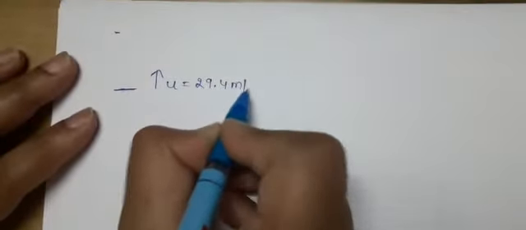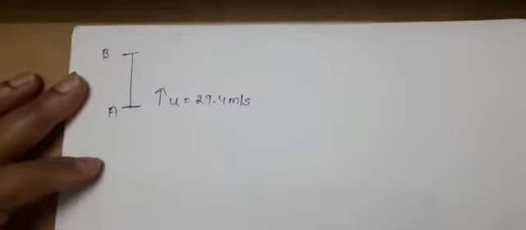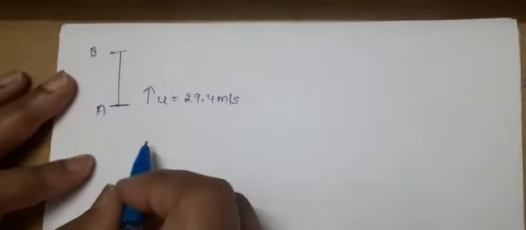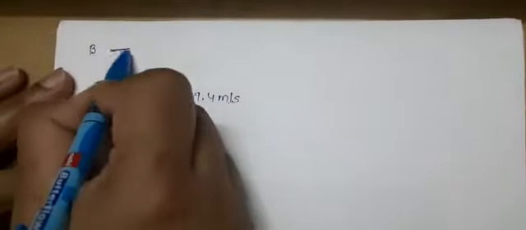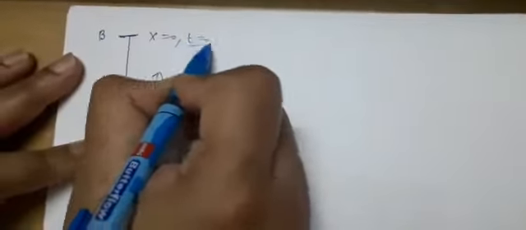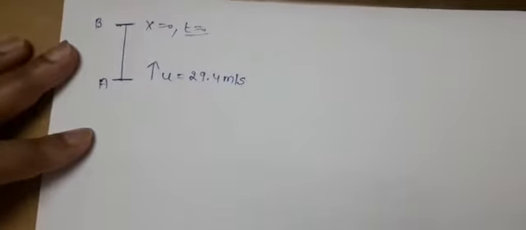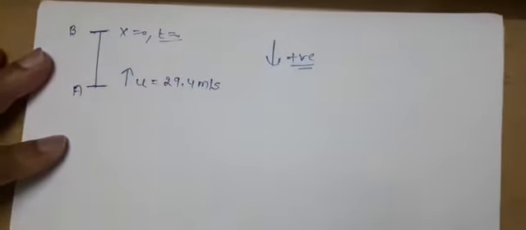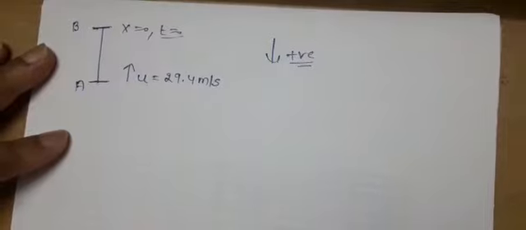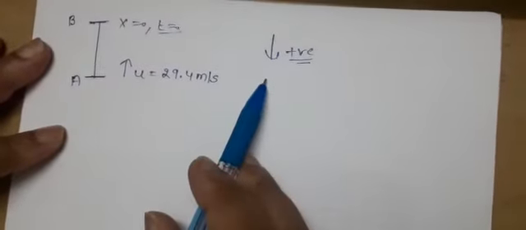Now here, let this be a point. A player throws a ball vertically upward with an initial speed of 29.4 meter per second. So when the body is thrown from point A to B, first of all we have taken all the statements together: it has been given that x equal to 0 and t equal to 0 are taken at the highest point as the origin, and the vertically downward direction will be positive as a convention. If it has not been given, then also we can choose this one. Now we will go as per the statement.